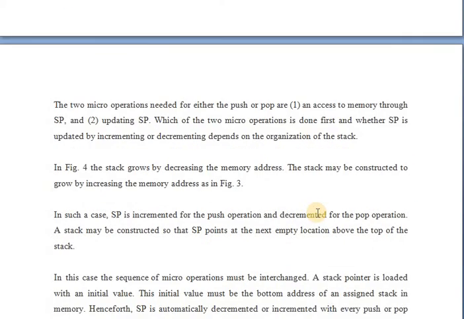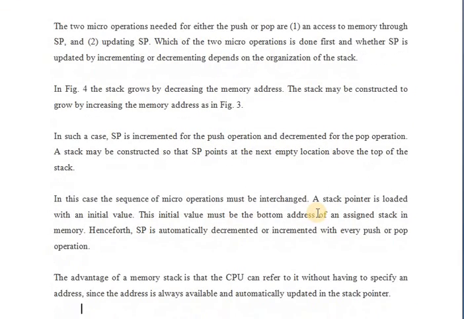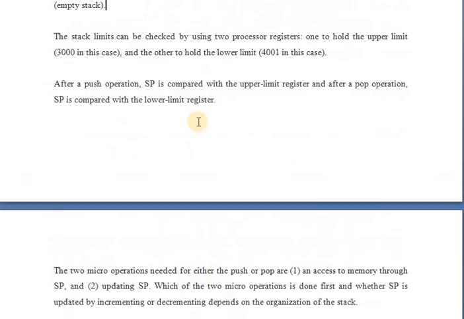Now we will see the stack grows by decreasing the memory address. The stack may also be constructed to grow by increasing the memory address.